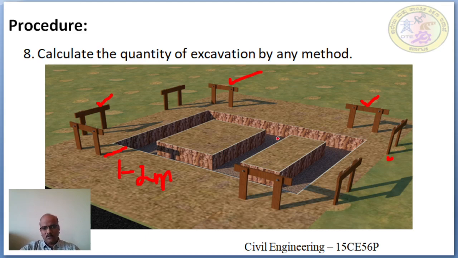This image shows the excavated foundation. The foundation is excavated now. Then the bed concrete is laid and the UCR masonry is constructed. For constructing the UCR masonry or plinth, again these grid pillars or the profile boards are referred. The string is tied and marking is done on the bed concrete and so on.